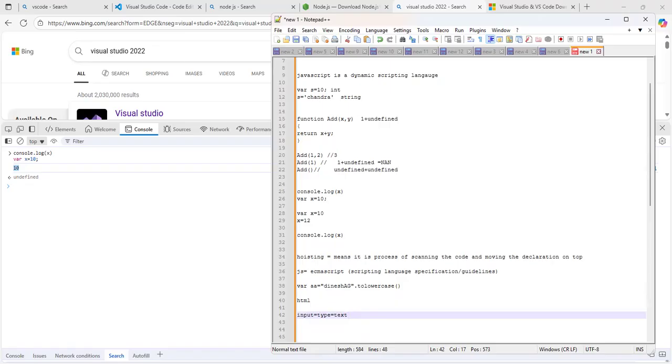Where is this input type text box defined? HTML is used for the standard